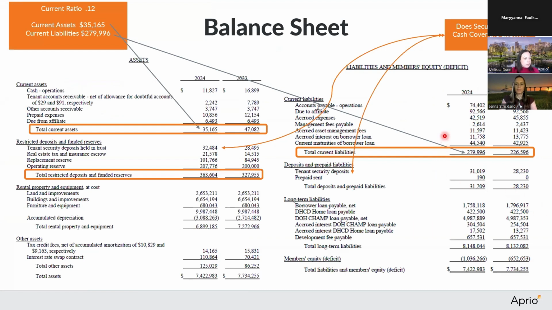And a significant portion you'll see of the current liabilities is this due to affiliate, which are their asset management fees, partnership management fees, things like that that have accrued. Most likely, the general partner and the limited partner are not going to make the project pay those if there's not sufficient cash. So you can also reduce that by any related party fees that maybe don't actually need to be paid, like the asset management fee, a related party management fee, or due to affiliate.